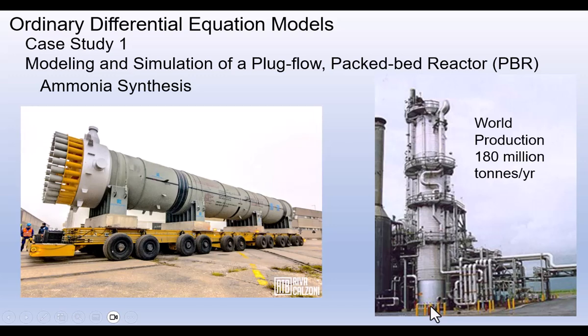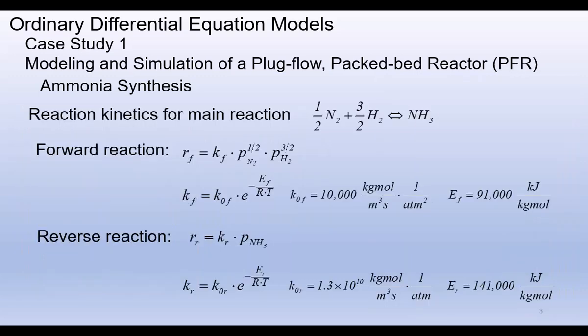And on the right, it shows an ammonia reactor installed vertically, and notes that the world production is 180 million metric tons per year. Now, it turns out that the reaction kinetics for our main reaction, that is combining nitrogen and hydrogen to produce